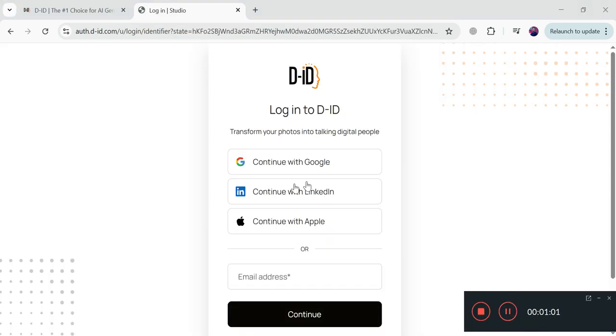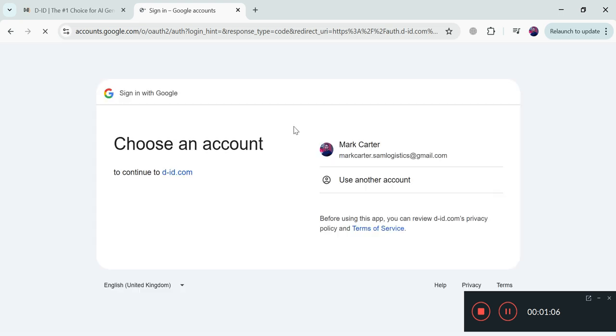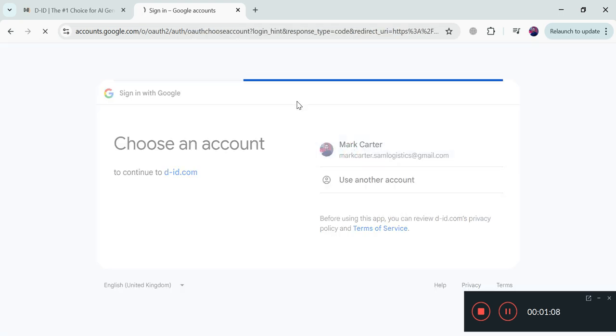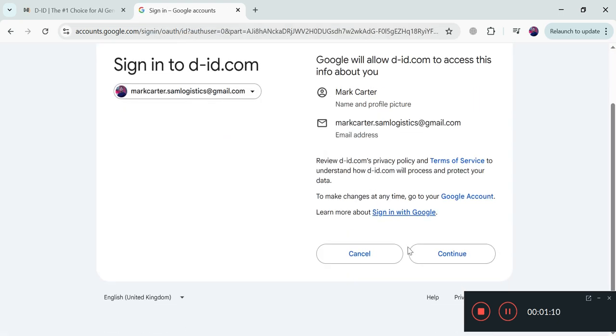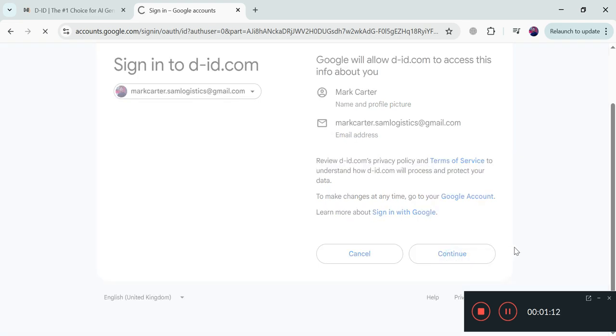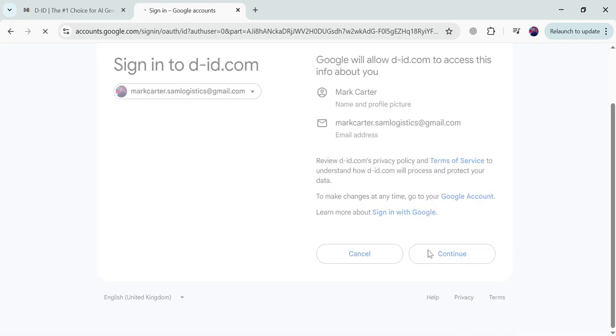So I've just clicked on the create an account button, and it will log into my account with the help of my Gmail account. So finally here we'll click on this continue with Google button. So that's how we can log into our account with the help of our Gmail account. I will prefer to select a Gmail account because it fetches all information automatically. Okay. So my account is almost ready to use.